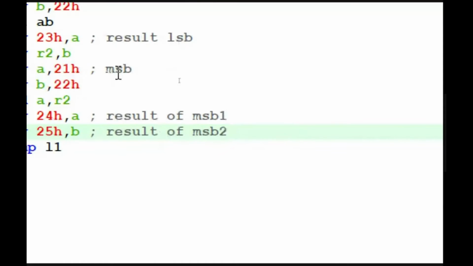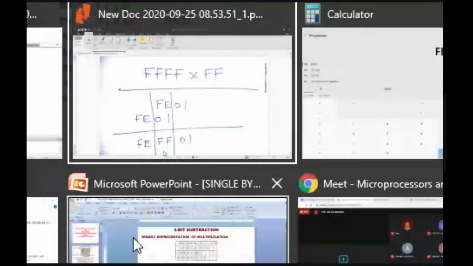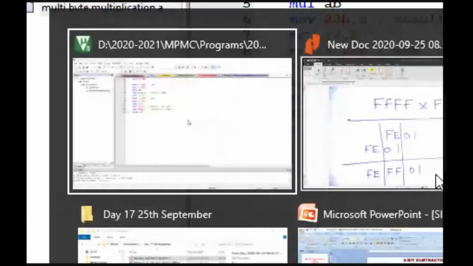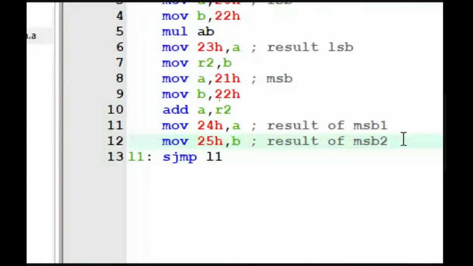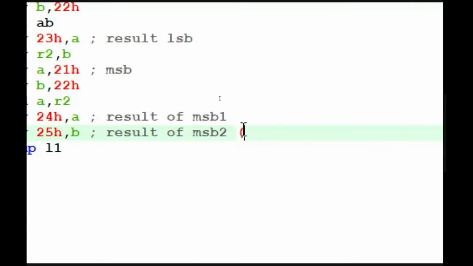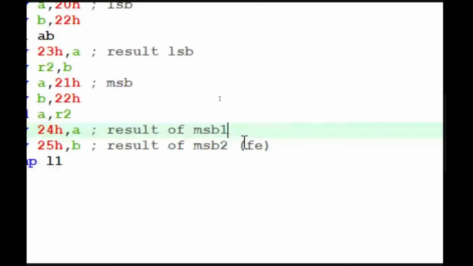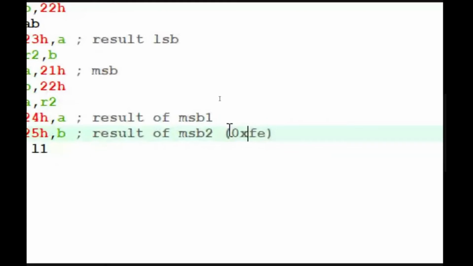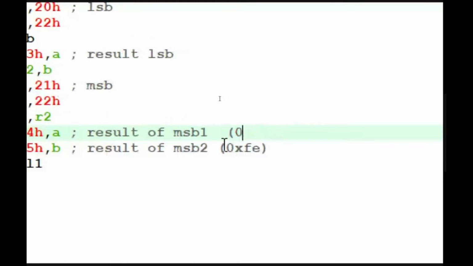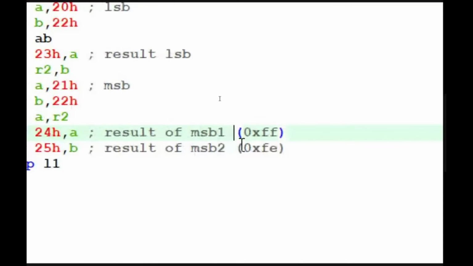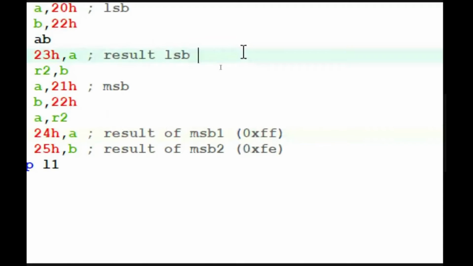In our case, FEFF01 should be your answer. So this should be FE, and it's better to put 0x. This will be FF, and the content of the 23rd memory location must be 01.